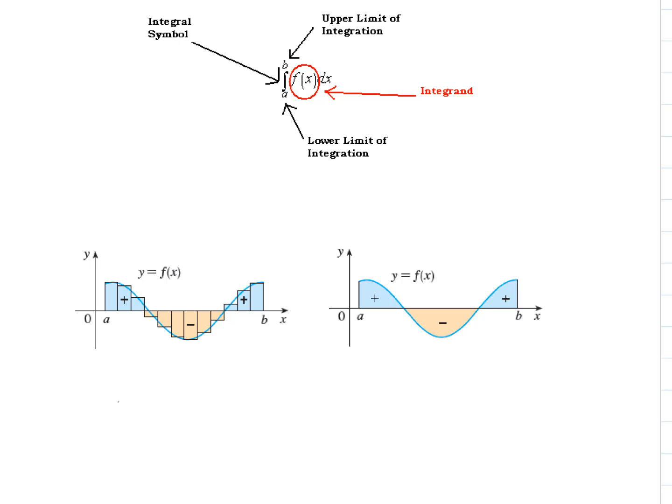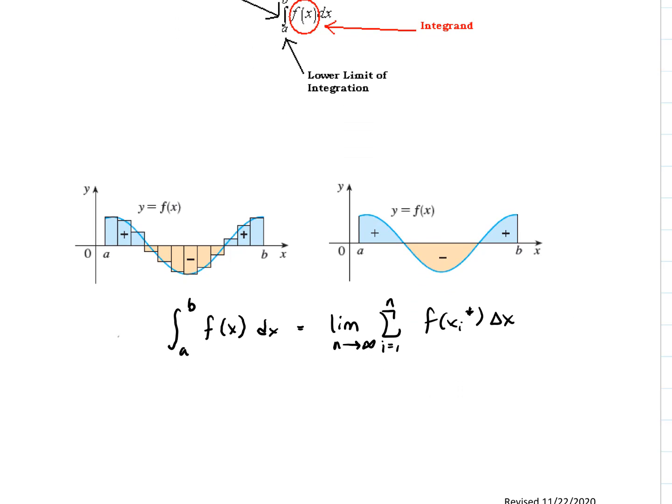But it turns out, and we'll explore this a little further after we've done a few examples, that the integral of f of x dx, which is equal to, let's just rewrite our definition of our definite integral here, the limit as n goes to infinity of the sum from i equals 1 to n of f of x sub i star times delta x, is actually equal to what we think of as the net area between